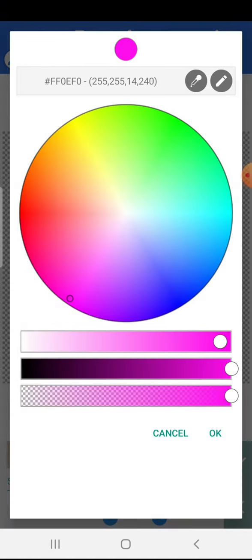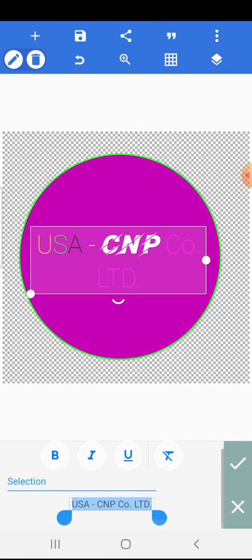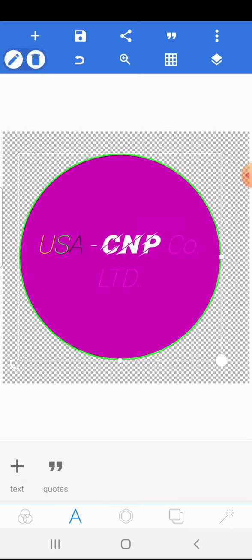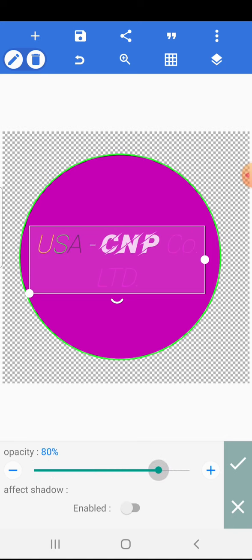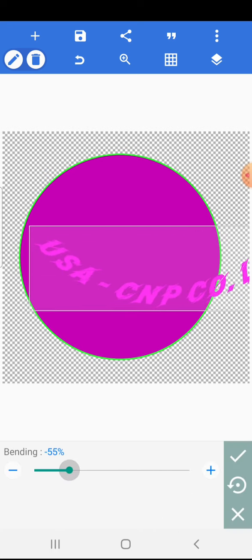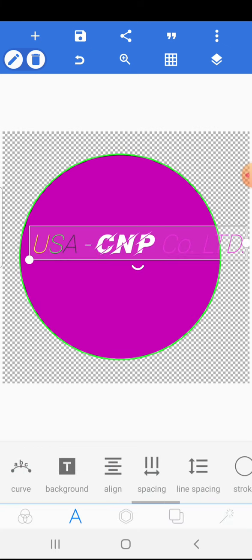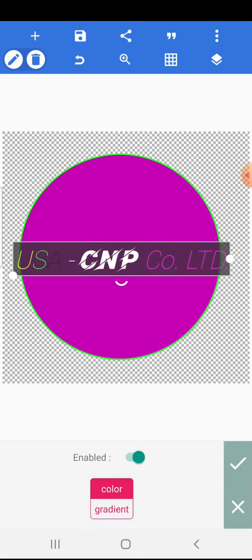your color is very beautiful and font style bold italic, anything. Okay, and opacity, your font opacity. Okay, and your font 3D style and anything. Okay, font background and font background